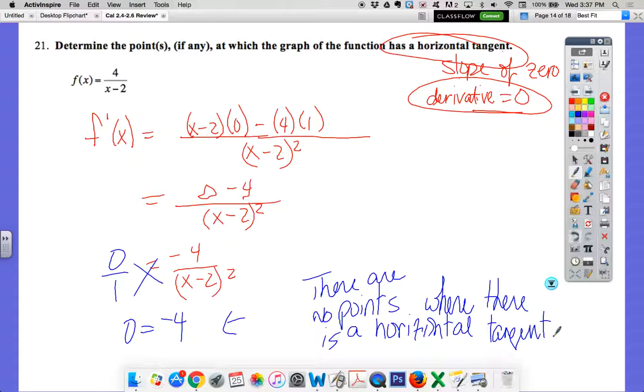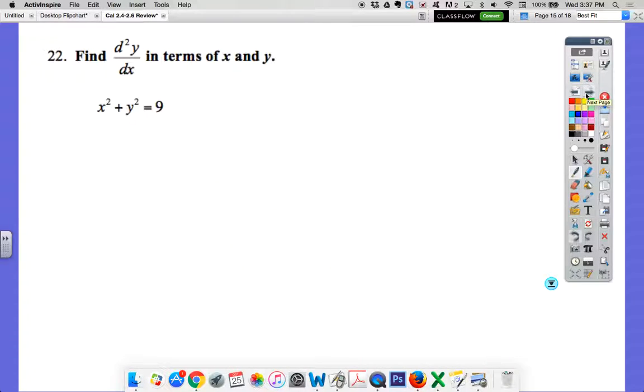Okay, Lord forgive me. Okay, so now we're finding the second derivative. Okay, second derivative gets a lot more intense. We've got 2x plus 2y dy over dx equals 0. Remember, these are the ones where you have to substitute several times. So whenever you solve this out, you have